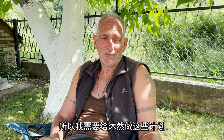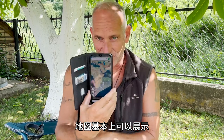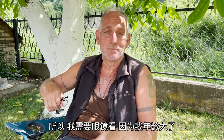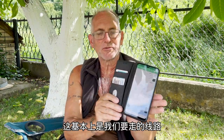So for Moran, I went ahead and started doing this. So I had to use a few different programs on my phone to be able to do this. First, the map program. And in the map program, basically shows the entire country. There I had to make a map. So to do that, I had to make pin drops and all sorts of other stuff. So I need to put my glasses on to see what I'm doing, getting old, you know how that goes. So we made a route, a South African route. This would be a general route that we would go